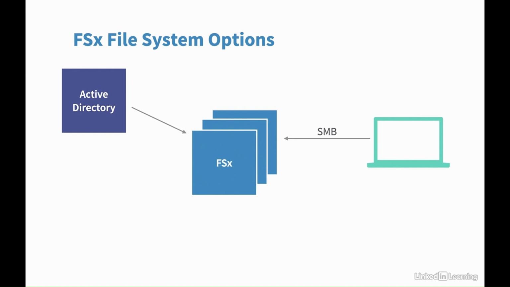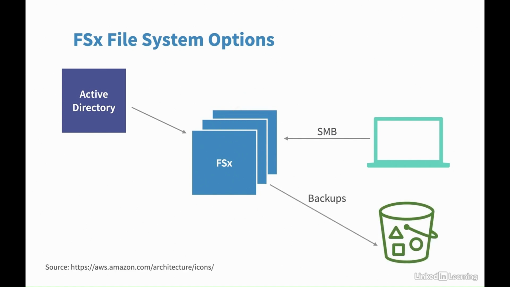FSx is cost-efficient due to data deduplication and compression options. Amazon claims turning on this feature for the Windows flavor can cut an FSx bill up to 60% for general-purpose workloads. Like all AWS managed services, patching is handled for you and can be scheduled to happen at a convenient time. FSx also does automated daily